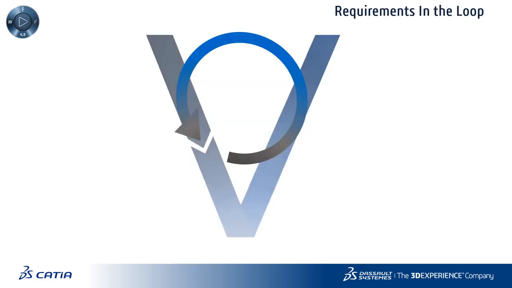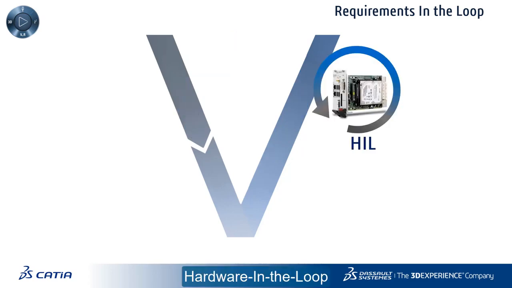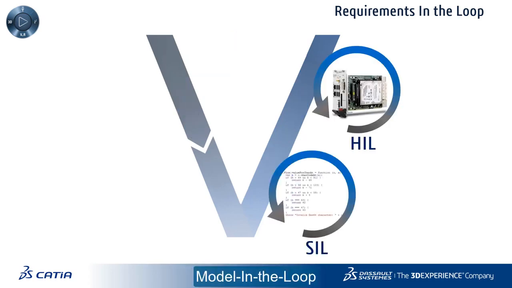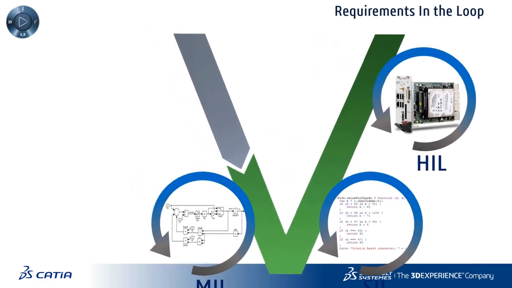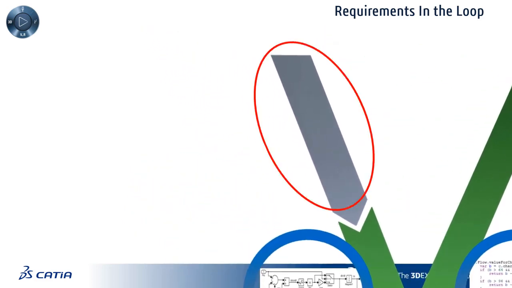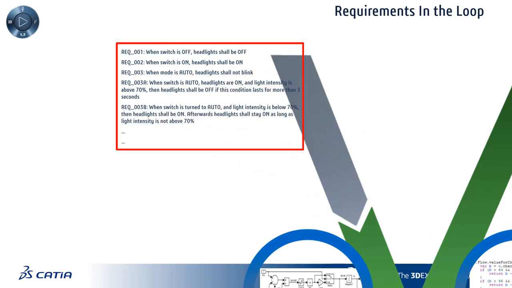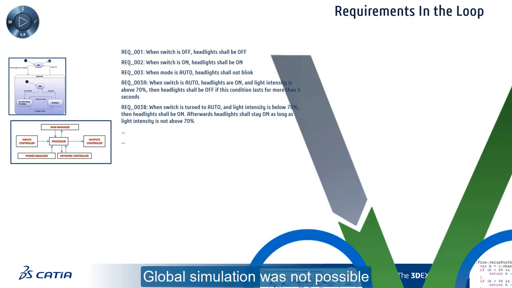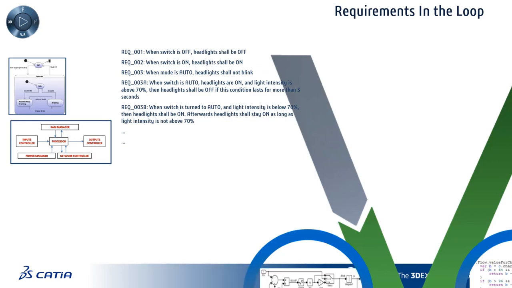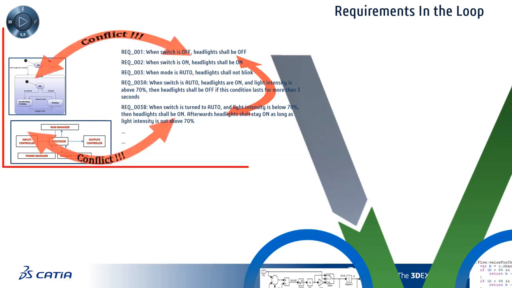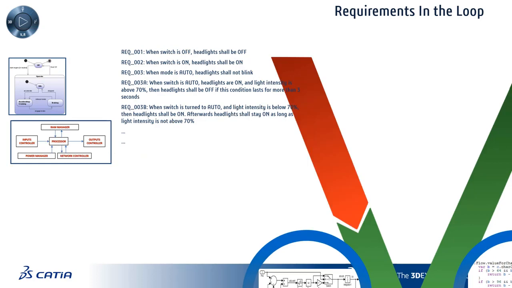Progress in systems engineering has been made with the advent of simulation to validate embedded systems. These techniques, in the loop, are available at every step of the development: hardware in the loop, software in the loop, and model in the loop. Only the specification phase has not yet had the benefit of simulation because the implementation model details are replaced with textual requirements. As a consequence, the global system could not be simulated, and no tool was able to find the errors and inconsistencies within the requirements or between the requirements and the models.